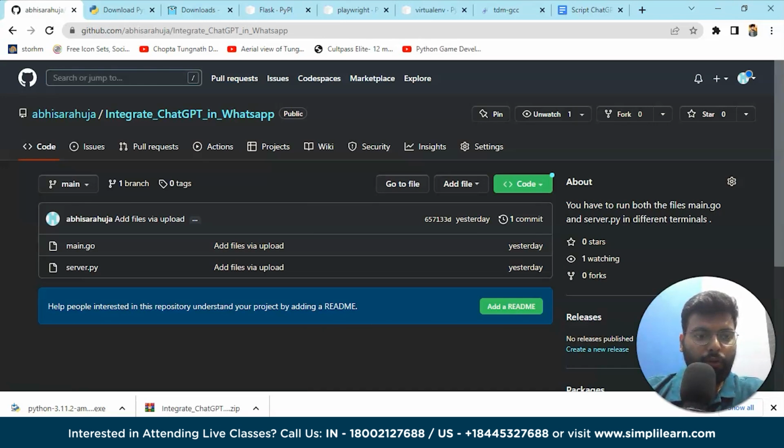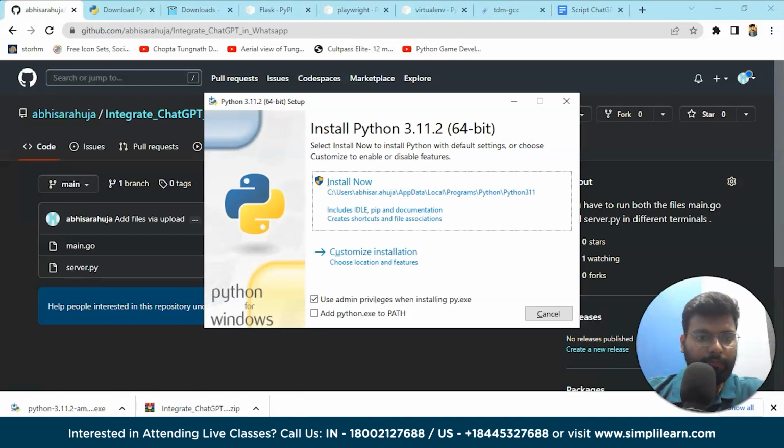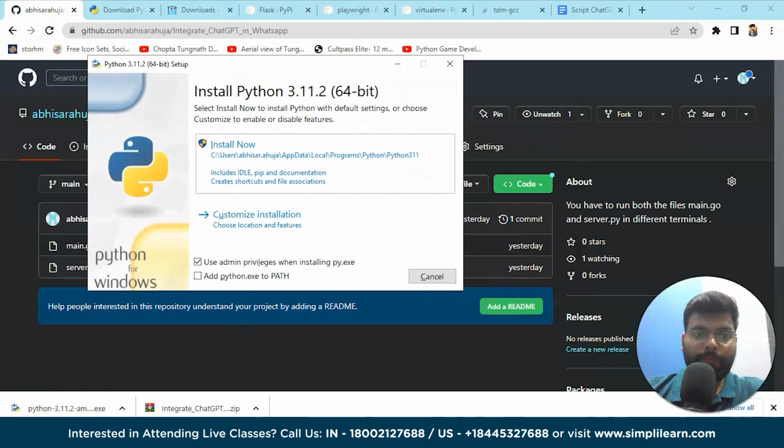And now you have downloaded the Python. So just open the exe file and start with the installation. So you can choose add python.exe to path. You can choose that